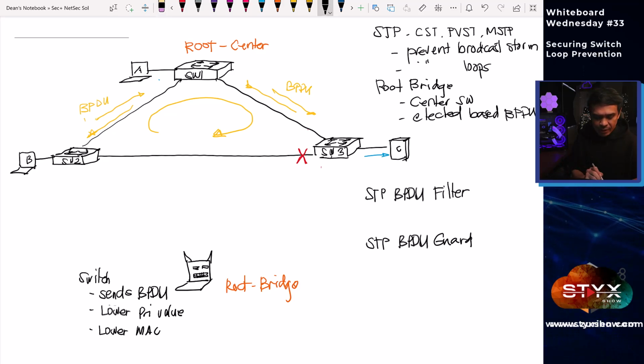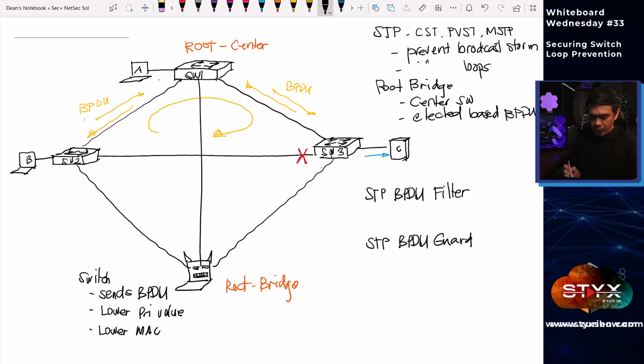Now, if this attacker connects to all 3 switches, switch 1, switch 2, and switch 3, and we enable BPDU filter, as the attacker sends BPDU, and this BPDU is a powerful BPDU with a lower priority value and a lower MAC address, what will happen is, so it's sending BPDUs now, right? Before that, maybe you're thinking, where should we apply or enable BPDU filter? Okay, I forgot to add this. BPDU filter is enabled